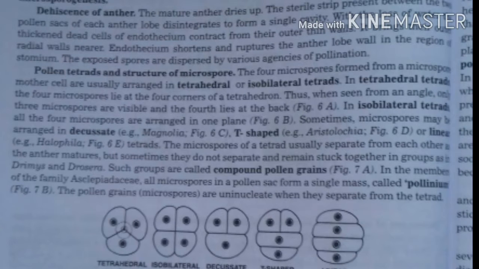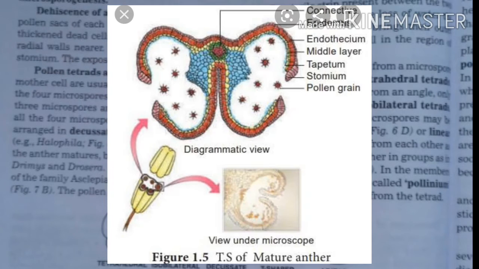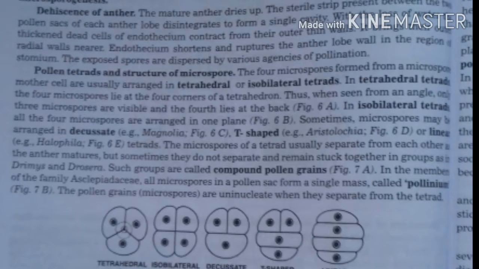During dry weather, the endothecial cells shrink due to their hygroscopic nature, putting a pressure on stomial cells. It brings about a rupture of stomial cells forming a lengthwise opening or slit. The liberation of pollen grains takes place through these slits. Dehiscence may also take place by means of a valve as in Berberis or through apical pores as in Solanum, Polygala, etc. In Cassia, the dehiscence takes place through basal pores.